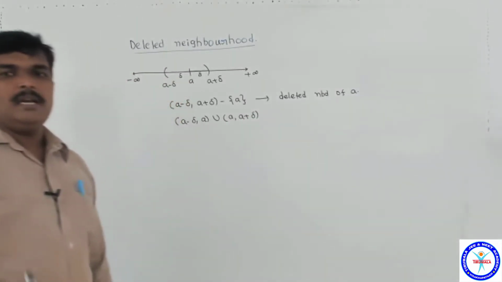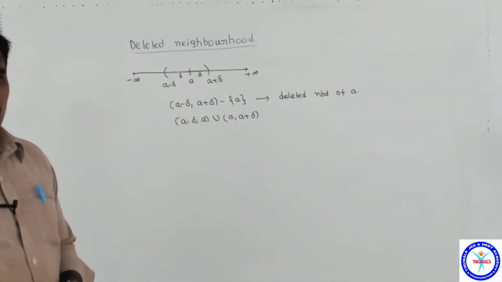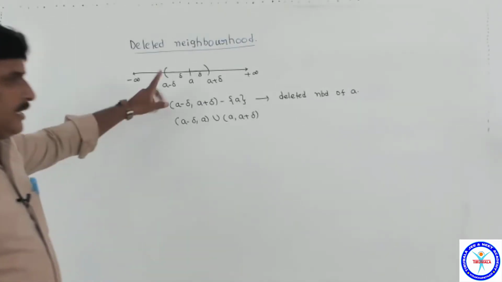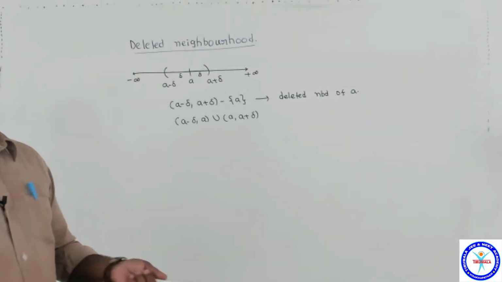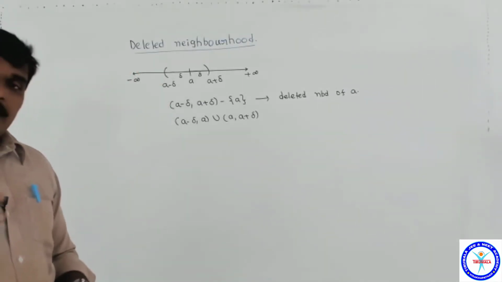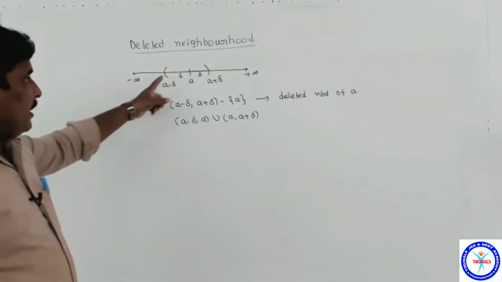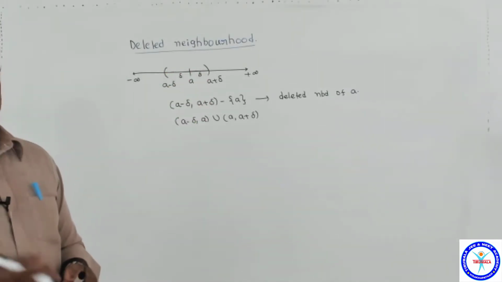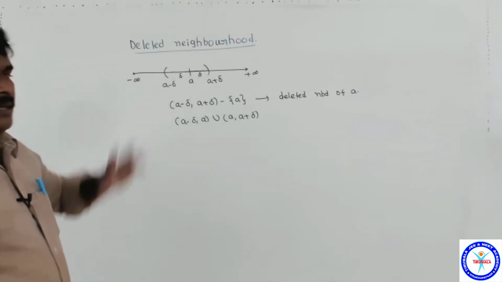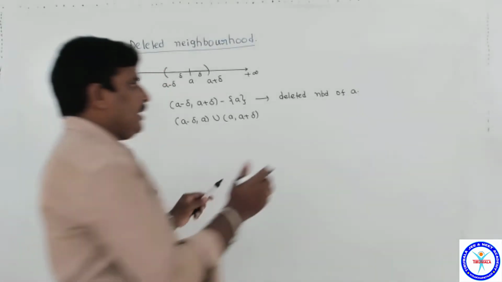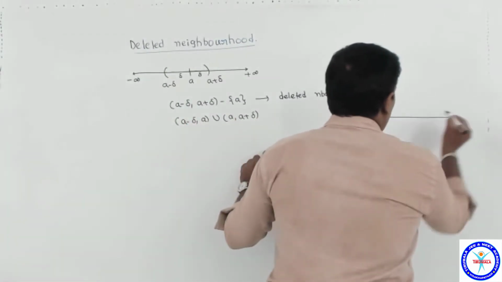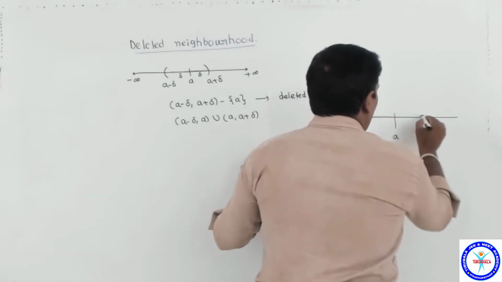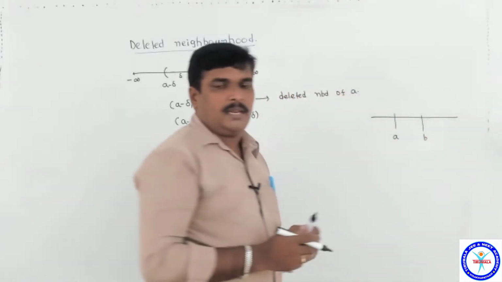This is called the deleted neighborhood. So if it is an integer line, the deleted neighborhood is the empty set. If you take a real line, there are infinitely many points. By using the density property, if you take any real line, and A and B are two points on the real line,